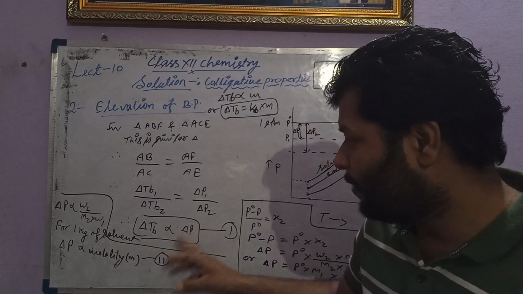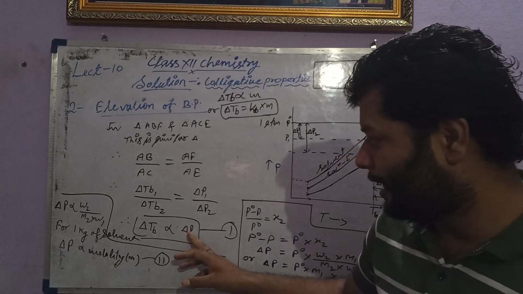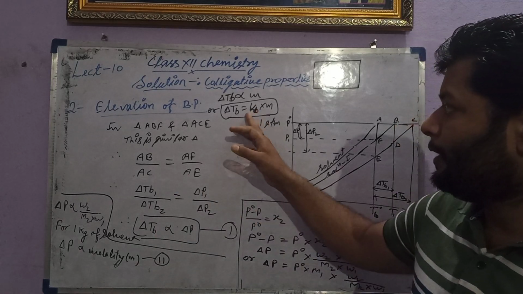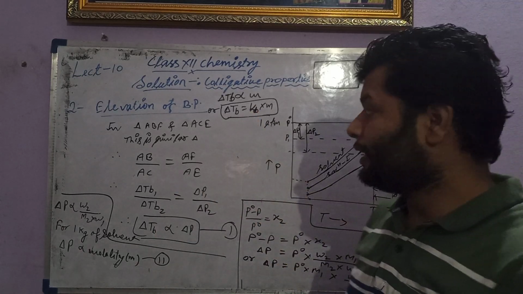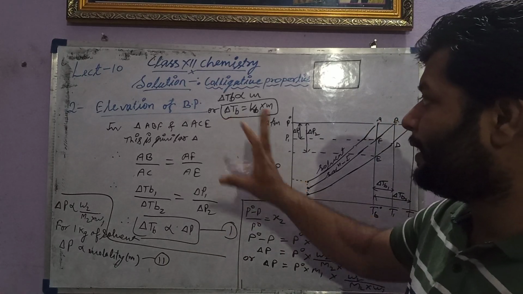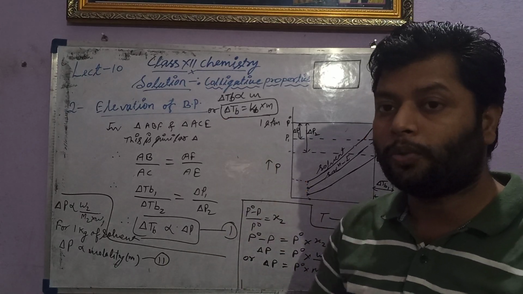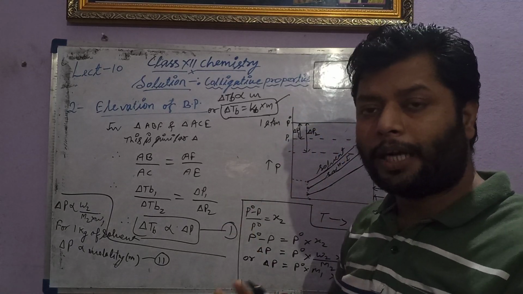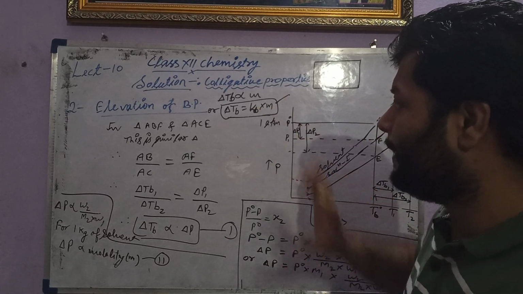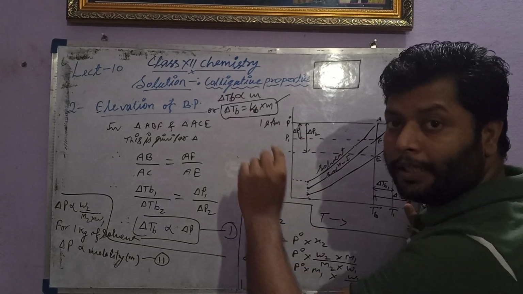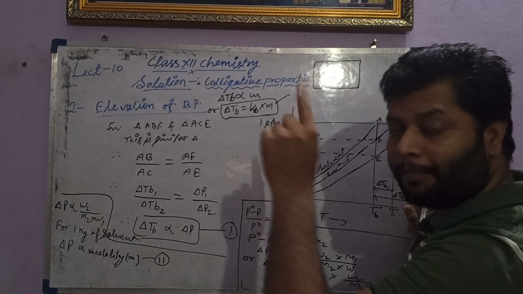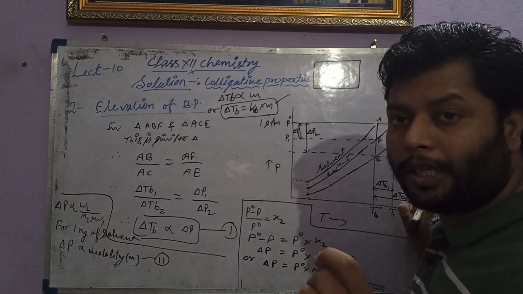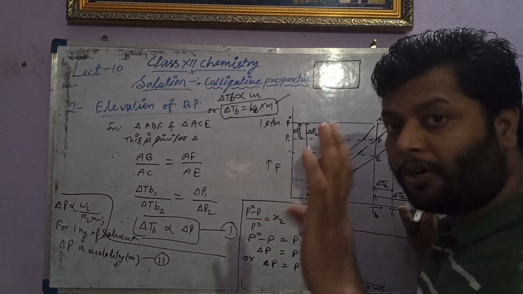So we can put the molarity and delta P relation in the first equation. We get delta TB proportional to molarity, and removing the proportionality sign, we get delta TB equals Kb into M. This is the formula. All the concepts of numericals are based on this. Delta TB is the elevated temperature minus the actual temperature of the solvent. Kb is the molar elevation constant, also known as the ebullioscopic constant.